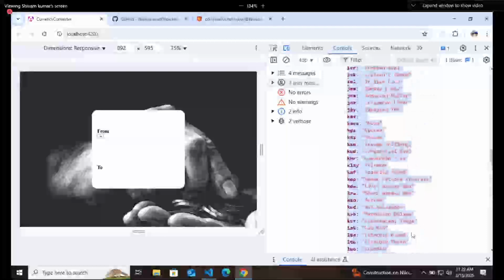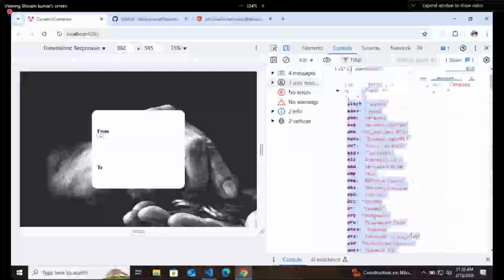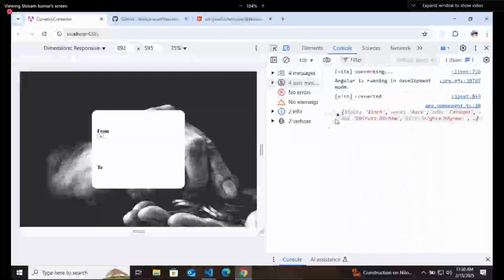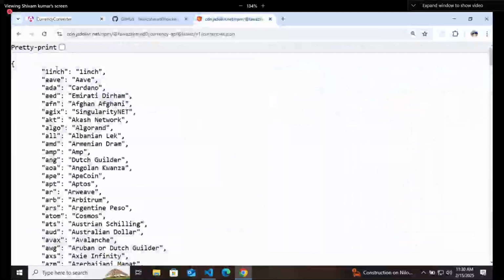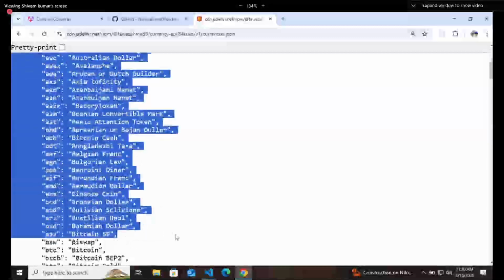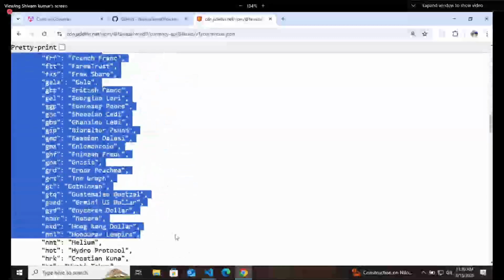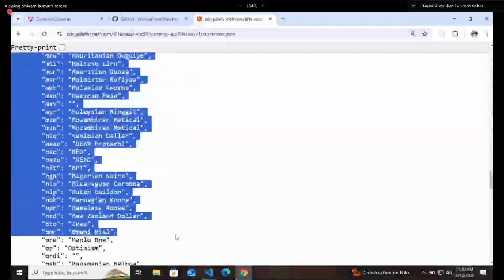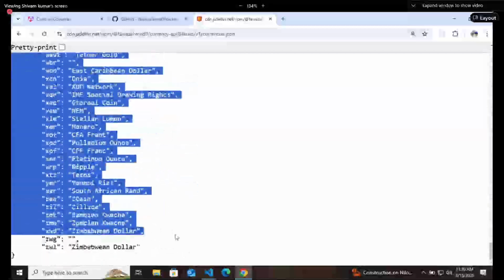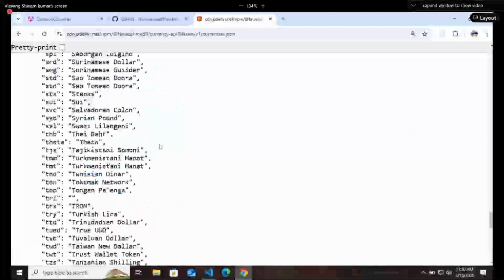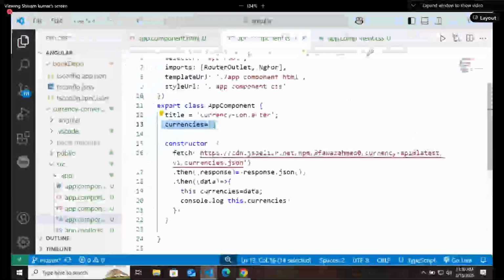You are setting all the currencies directly, and this is how these values are coming to us. If you just focus a little bit here, we are directly setting the currencies to the array variable.